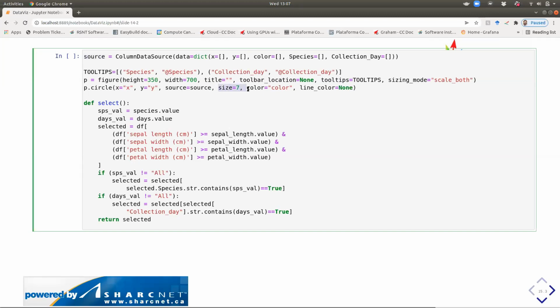Then I can set the sizes of the circles and the color of the circles. In this case, the color is going to be referencing the source color. And then you can add line color if you want. Now you can create functions within this particular app that will allow you to select, to subset what you want